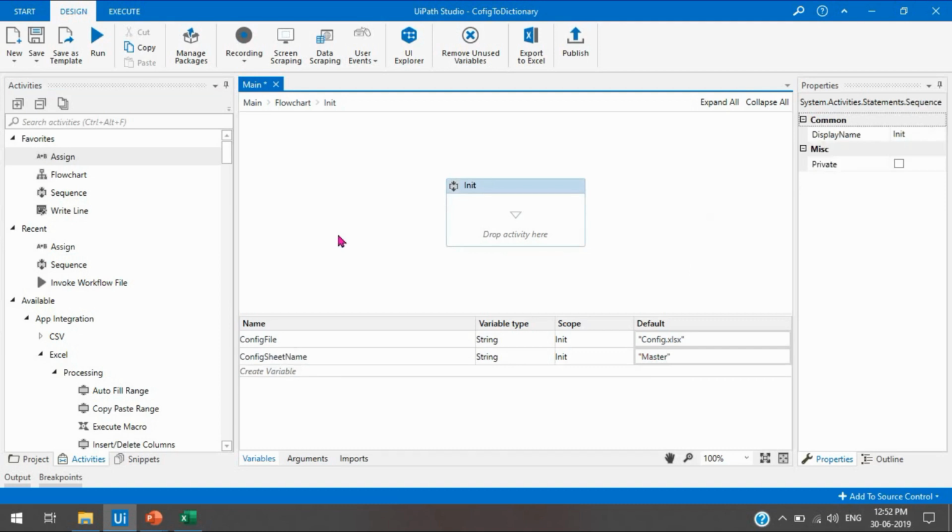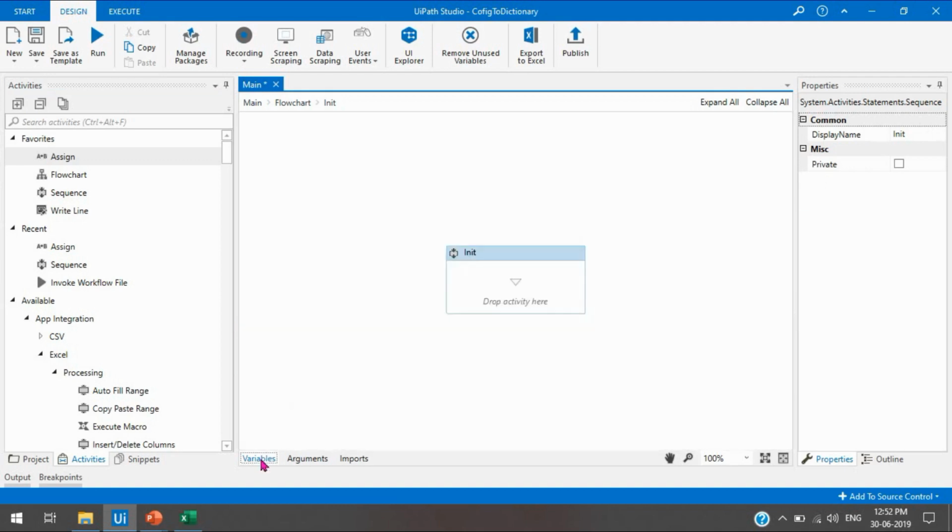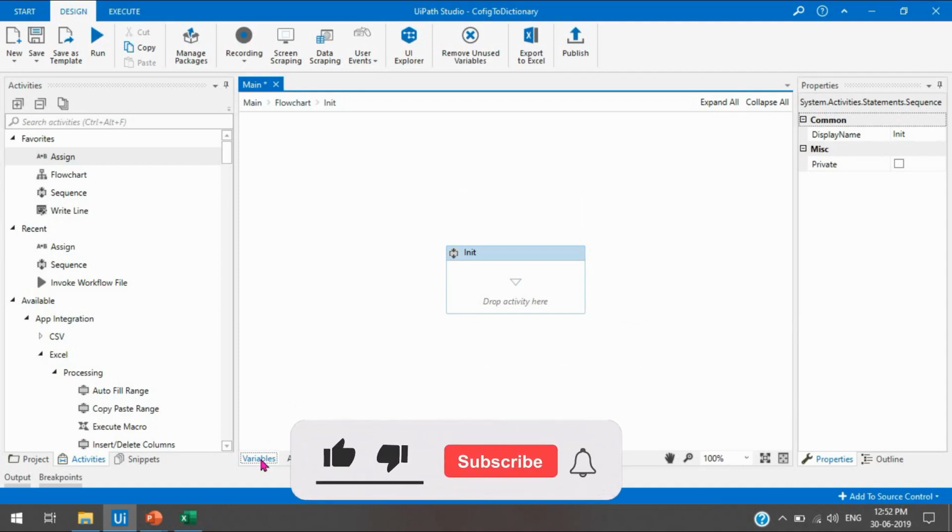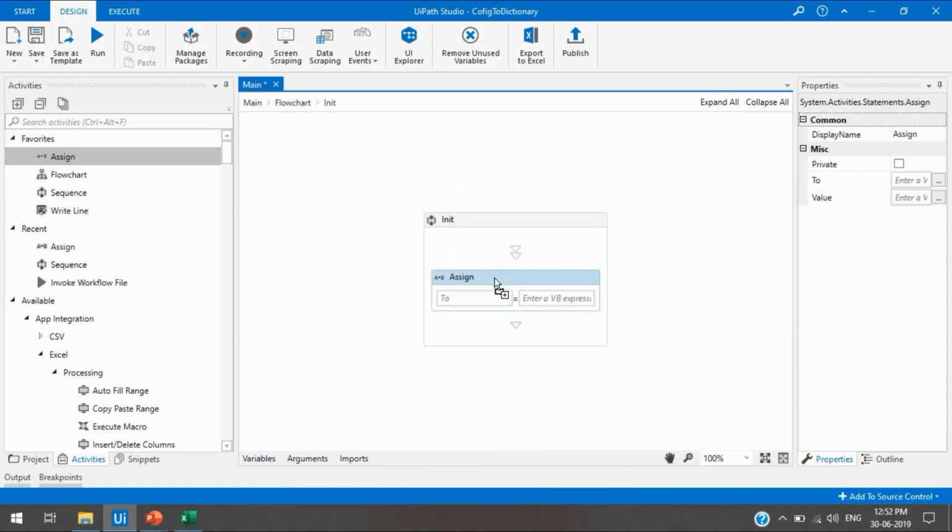And now we have the file location, we have the sheet name. Before working on a dictionary, as I already told in my previous dictionary tutorial video, we must initialize the dictionary. We need to create a dictionary variable. So let me take one Assign activity, and here press Ctrl K to create one variable,